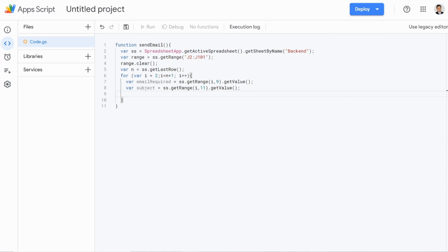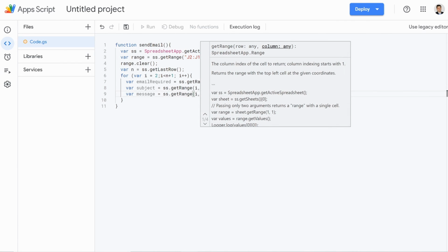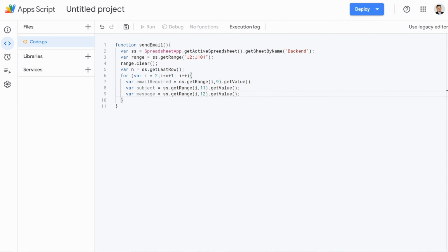semicolon, hit enter. Now we want to do var message equals ss dot getRange i, comma, it's all the way, 12, there we go, dot getValue again, open, close, semicolon, enter again. Now we're going to do if emailRequired, which is right there, emailRequired, equals yes, space, squiggly bracket, hit enter,